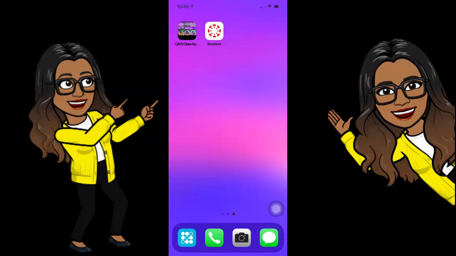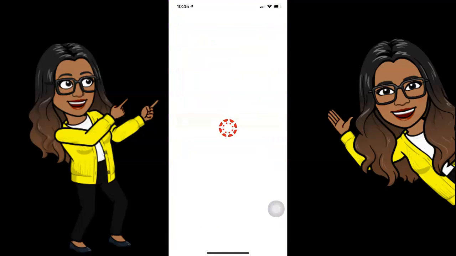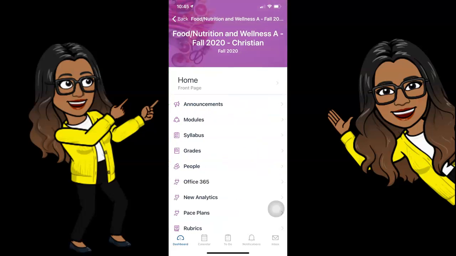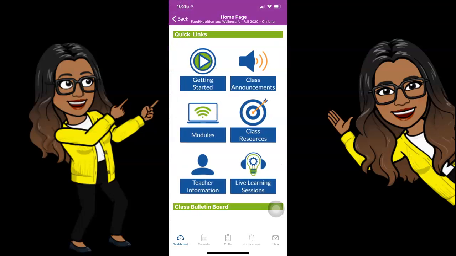So what you're going to need when you go to your phone is you're going to need to access the Canvas Student app, which is what you see here on the screen. So if I click on the student app, you need to sign in and you need to select your class. So I'm just going to select the class, and from here you need to select home. So the home page or the front page is where you need to go,